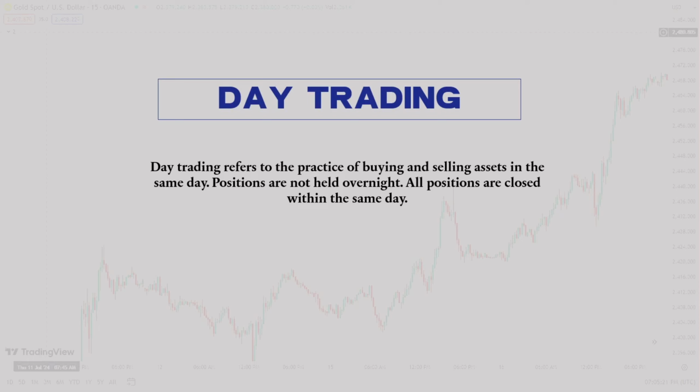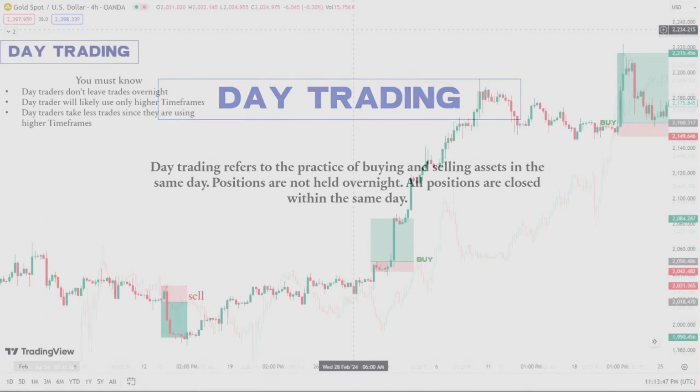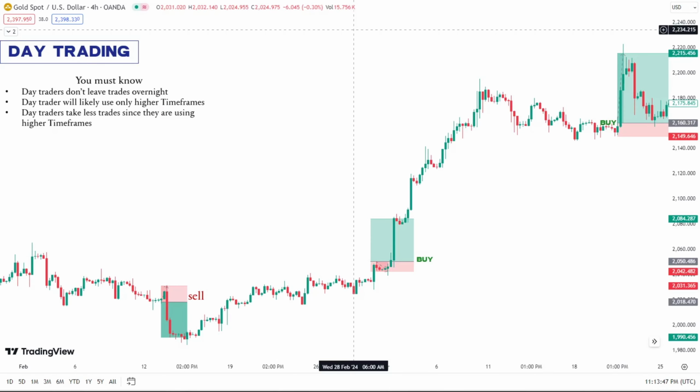Now, day trading, no. You buy within the day, right? You buy and close your trade within the exact day. If today is Monday, you place a trade on Monday. By Tuesday, you are placing another trade. Monday's trade is not going to be going on by Tuesday, right? So that is day trading.